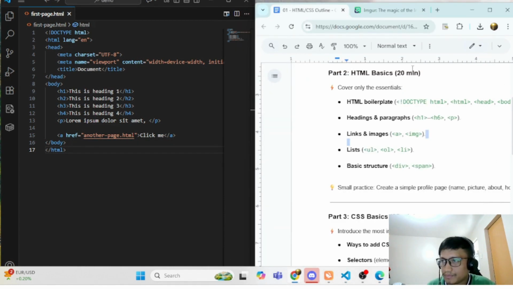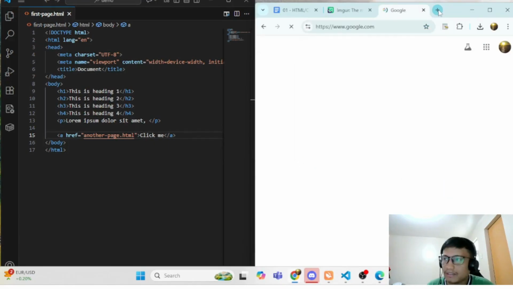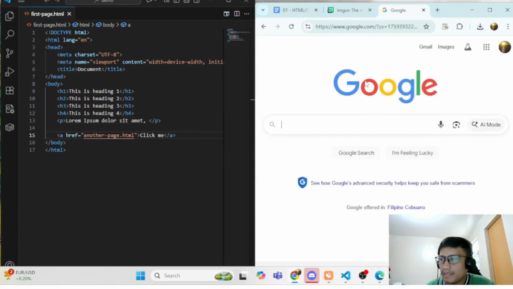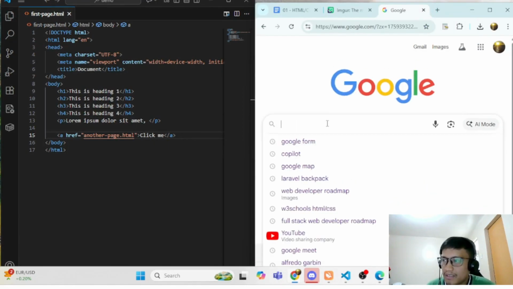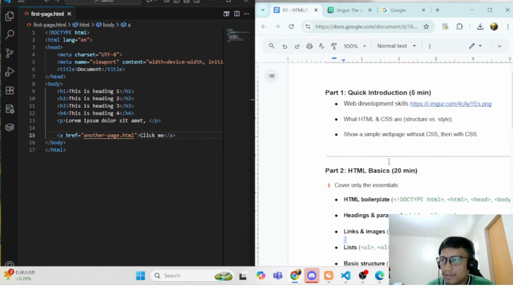Okay. And then we have image. So for image, for instance, we will have this sample image. So I have here a sample image.